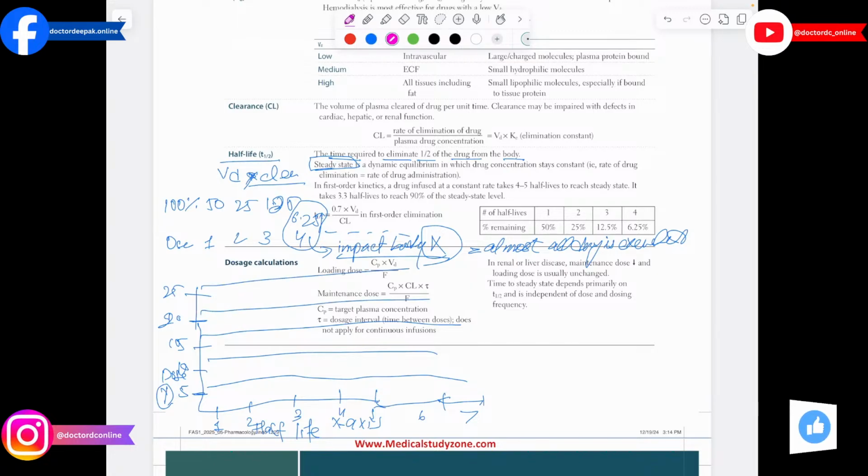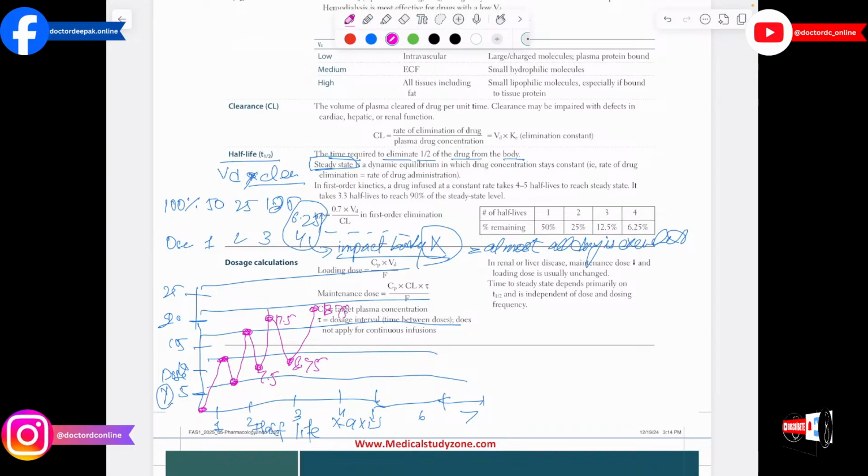I'm taking an example: injecting one dose at 0 seconds, and it is about 10 grams. After the half-life it will become 5 grams. Again we inject the dose, and it becomes 15 grams. Again after the half-life, it becomes 7.5 grams. After we inject the dose again, it becomes 17.5. Then with 17.5, after dividing, it becomes around 8.75. Again we inject,